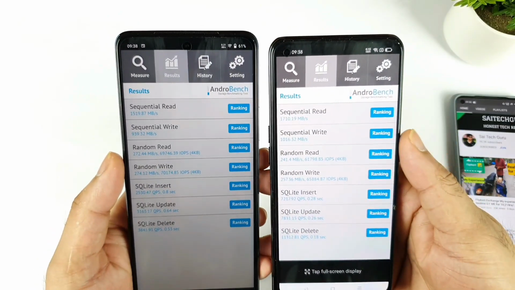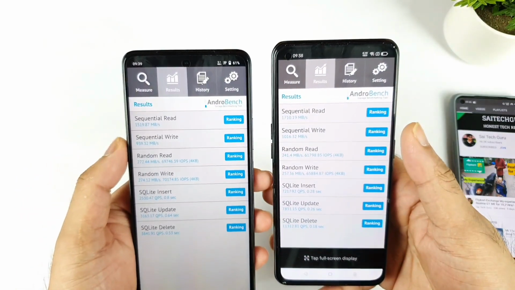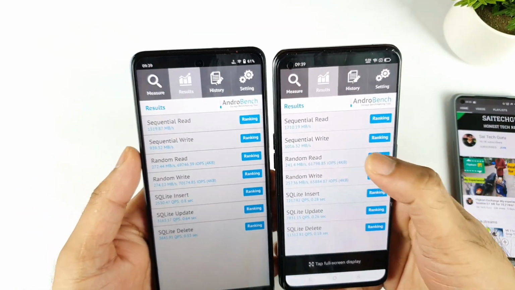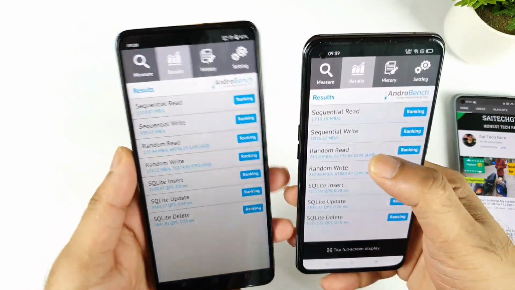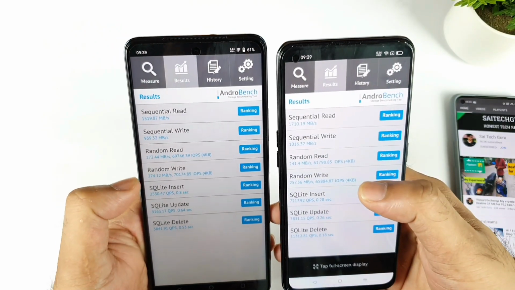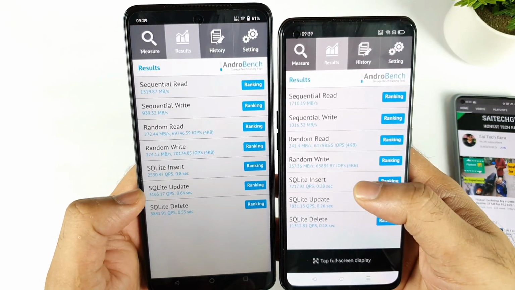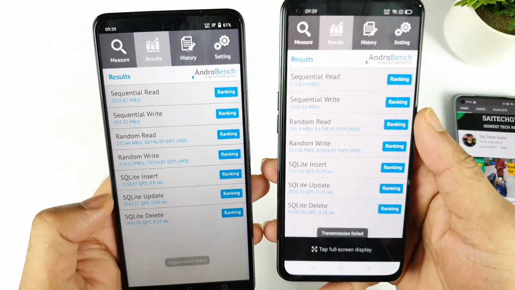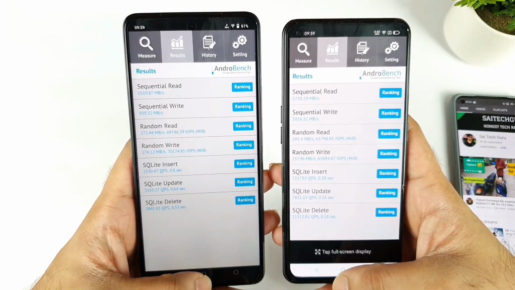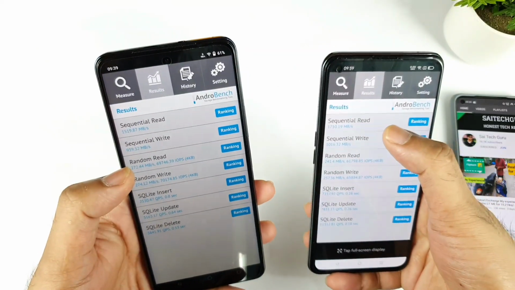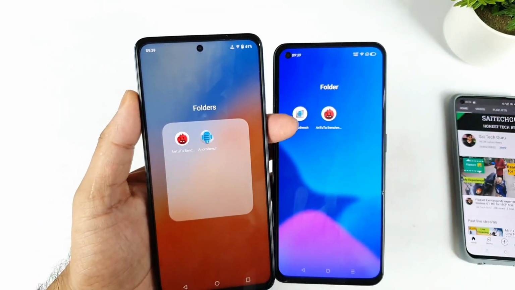First is sequential read. Sequential read speed is slightly higher in the Realme X1 Max, 1700 versus 1500 in the iQOO Z5, and 1000 is the write speed versus 939 for sequential write. Random read is 241 and 242, and 274. Random read and write is slightly higher in the iQOO Z5, and the last three are highest in the Realme X1 Max. You can compare both phones side by side. So using this application we got to know that the Realme X1 Max has slightly higher read and write speeds. But let's see what else we learn using the Android Benchmark application.